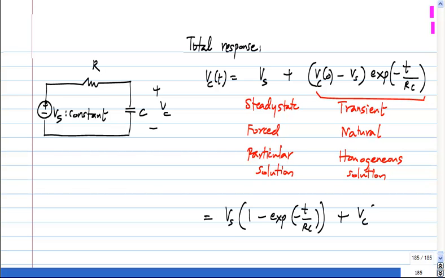and the terms with the initial conditions, and you call this the zero state response. In this case, the word state applies to the voltage on the capacitor. The voltage on the capacitor can have a certain value, based on its history. That's what the state is. And this is the zero input